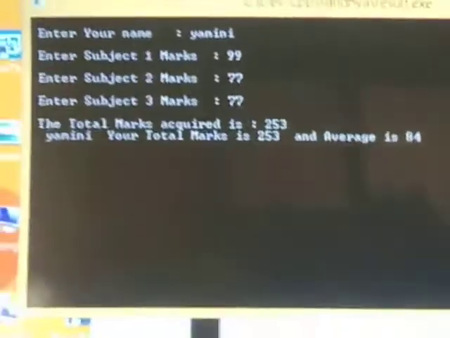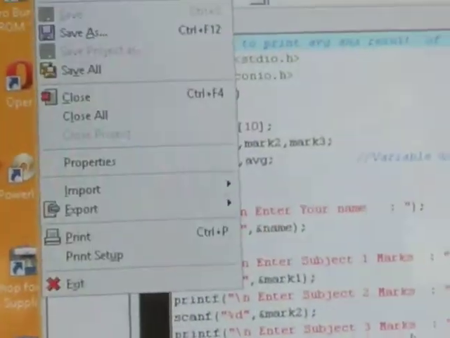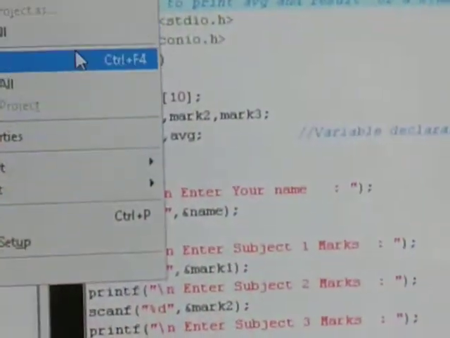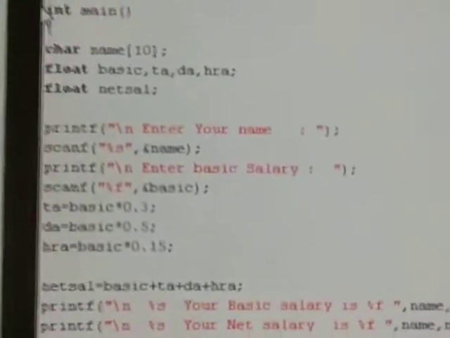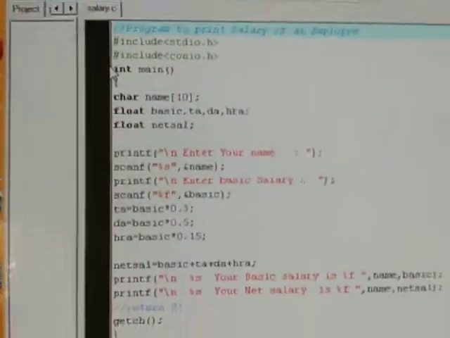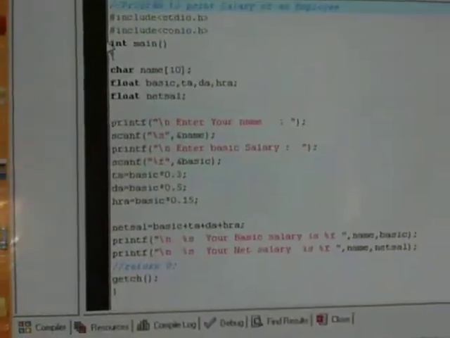Same program with Dev C++. And next is salary. The statements and program are the same, but the execution is in Dev C++.